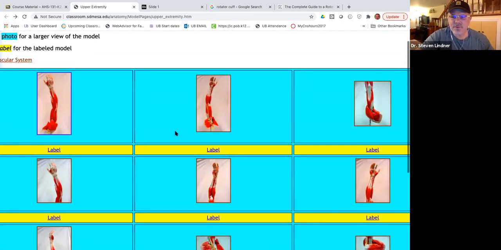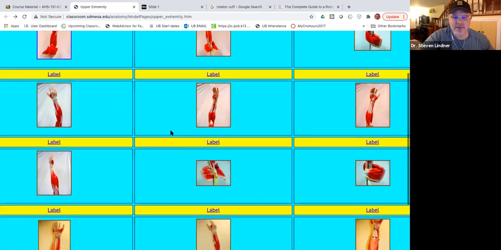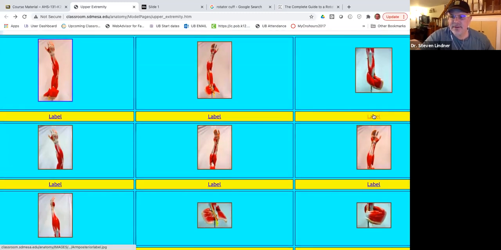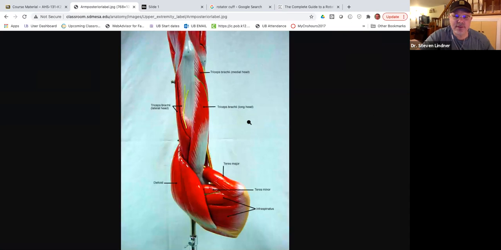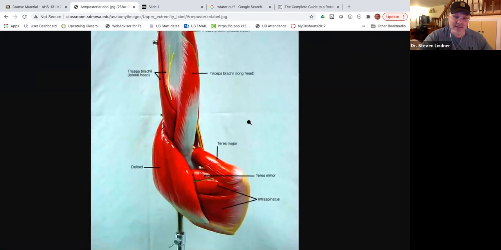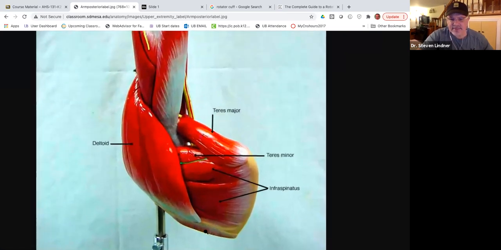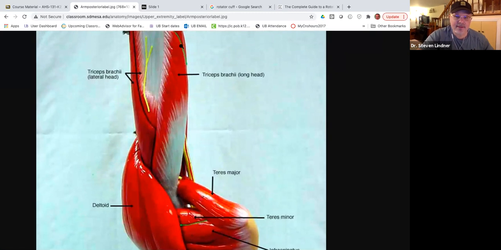Okay, let's review what we covered so far. We did the arm and we did the anterior forearm. Let's look here to review and show you what we've done on the back side of the arm. We did the deltoid, that's superficial. You can see a little bit of the supraspinatus down here. Here's the infraspinatus. There's Teres Minor, Teres Major, and there's the long head of the triceps piercing between minor and